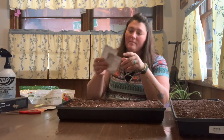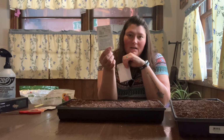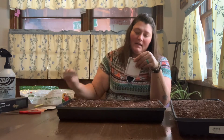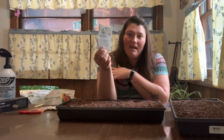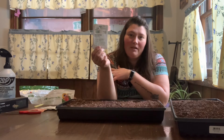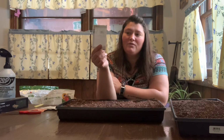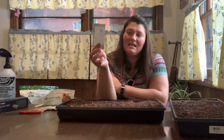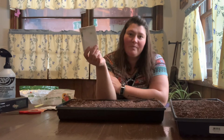From Burpee, I have a gypsy sweet pepper, and this is also a hybrid. And then this one is an heirloom, and it's actually a jalapeno, and it's an early. It says 72 days after transplanting. So because